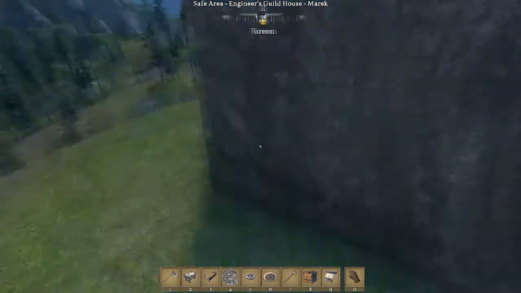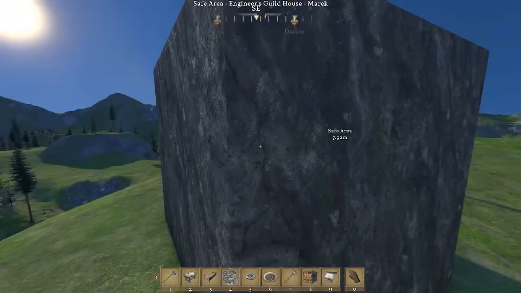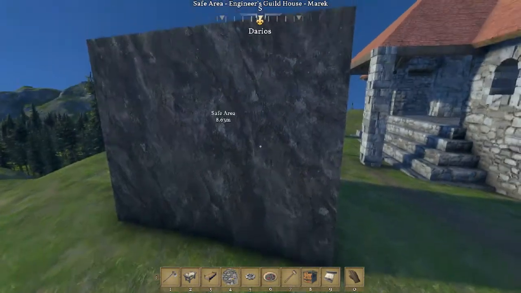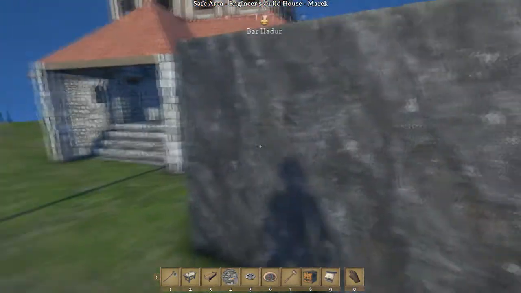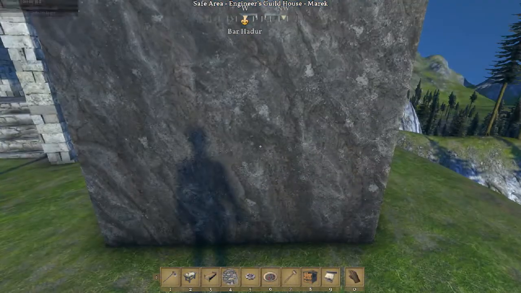So that's the way that the texture will come out looking, all sides. Yeah, it's black granite. That's probably going to go on my